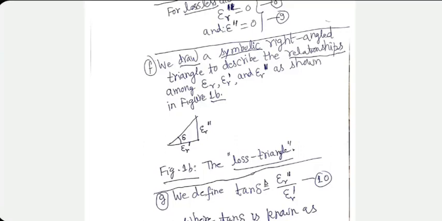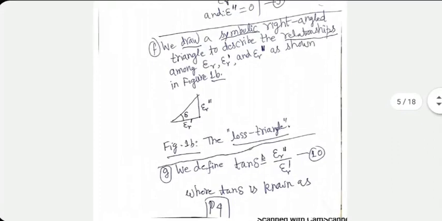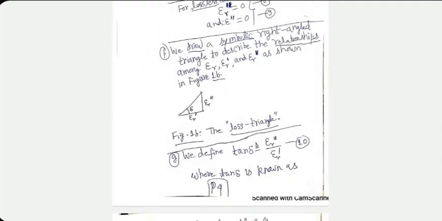For low loss material, delta will be very small, hardly 1 degree or even less. For high loss materials, of course, it can be as high as, who knows, 35 degree, 40 degree, etc. So tan delta is what is specified in the data sheet for materials. Even for magnetic materials, similar story applies, but right now I am concentrating only on dielectric material. Instead of telling you the actual values of epsilon r prime and epsilon r double prime, vendor will tell you actual value of epsilon r prime and tan delta. So you'll have to multiply epsilon r prime and tan delta to get epsilon r double prime. Okay, this is the background.